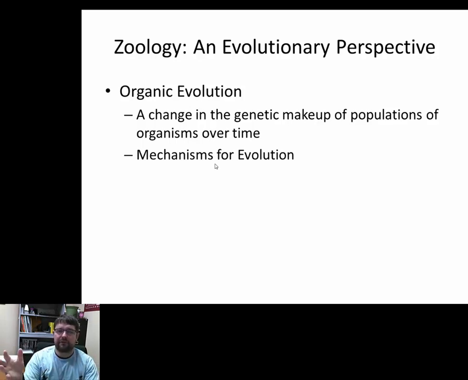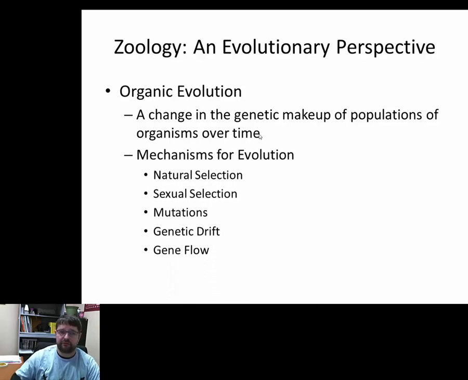I think the problem that I find with a lot of students that are coming into animal biology is their definition of evolution is more like their definition of natural selection, that nature will select for the individuals that are best suited for the environment, okay? And that individual will live and pass on its genes to the next generation, and on and on and on, and that does change the makeup of a population over time. But that's just one way that evolution can occur. There are lots of ways that evolution can occur.